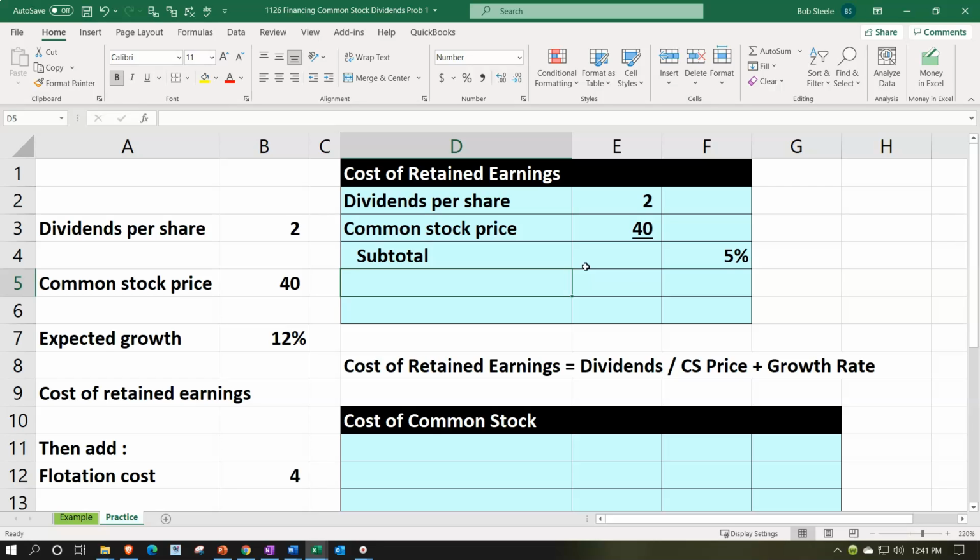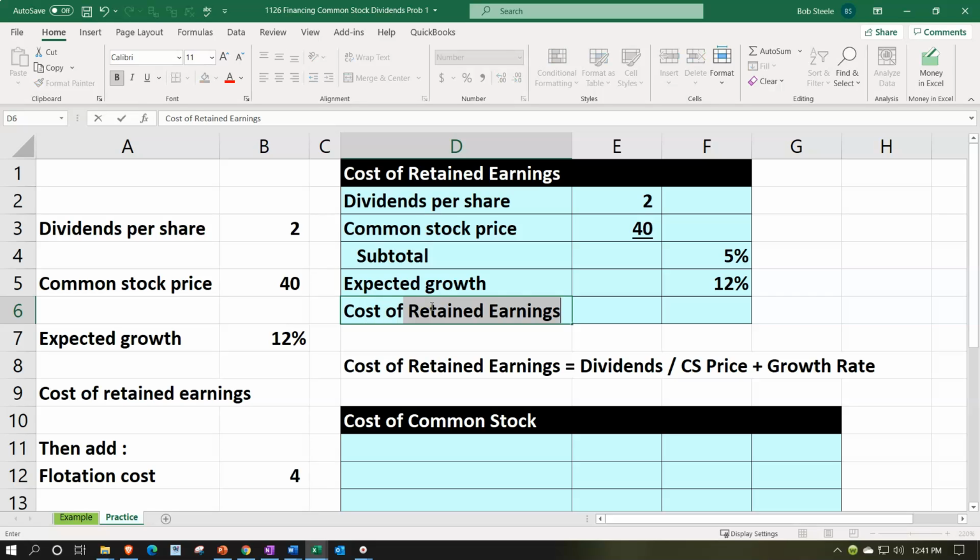But then we've got to add to that the expected growth, because the expected growth is something that is also going to be included in the cost. That's what we're giving up to some degree here. So we're also going to say the expected growth is going to be the 12%. So it's going to grow by the 12%, and we're going to say that's annual growth here. So we'll just say number group, percentify, and we're going to add then the expected growth to get to the cost of retained